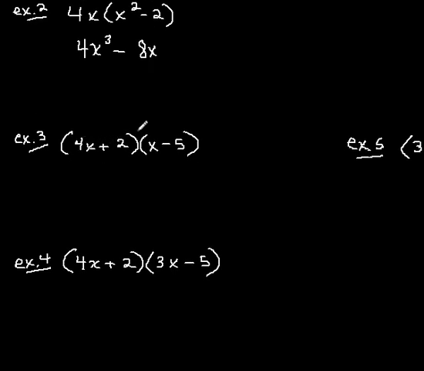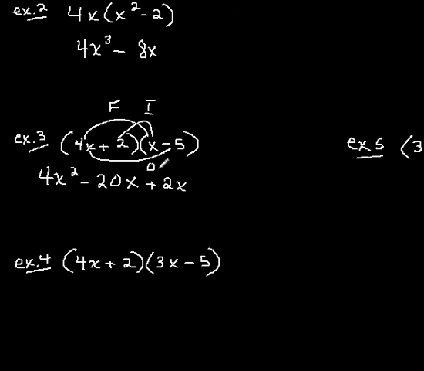So you notice you have a binomial times a binomial. So we're going to use the FOIL method. We're going to do our first term, first term in each one. 4x times x is 4x squared. Then we're going to do our outer terms. So that would be negative 20x. This is our outer. Then we do our inner terms and we get 2x. Whoops, I wanted to write I for inner there. Then we get plus 2x. And then finally we do our last terms,